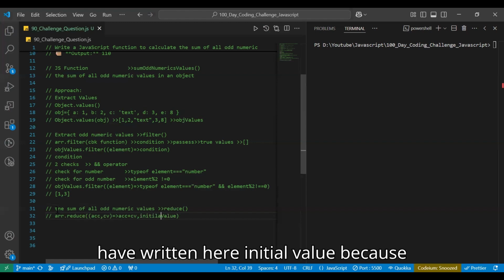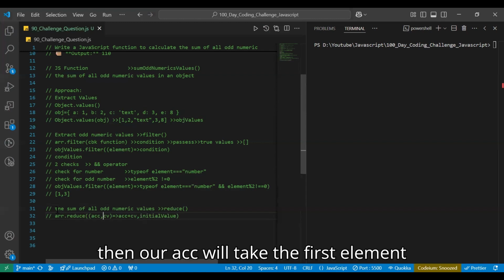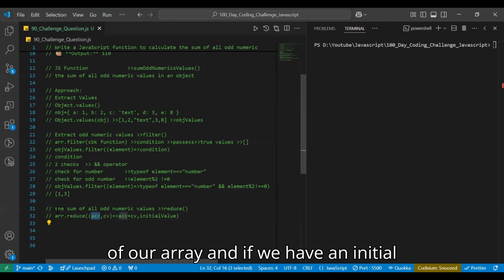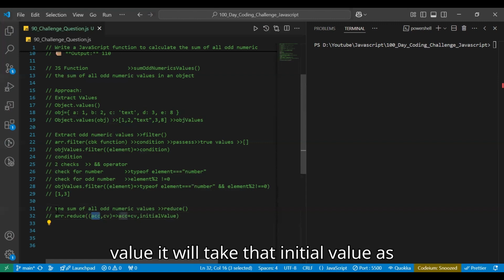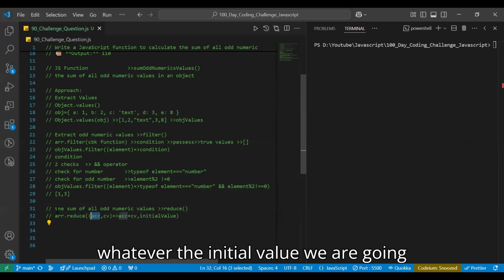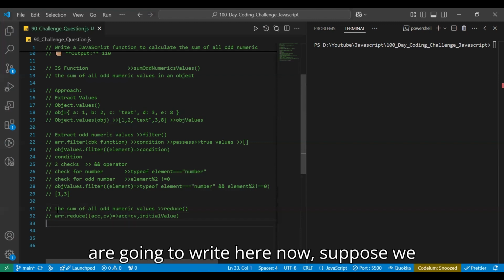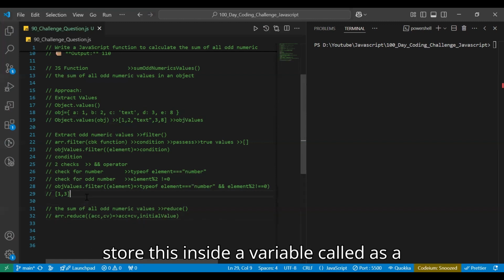And why have we written the initial value here? Because if the initial value is not there, then our ACC will take the first element of our array. And if we have an initial value, it will take that initial value as its starting value. So ACC will become whatever initial value we give, okay? So in this aspect, suppose we store this inside a variable called